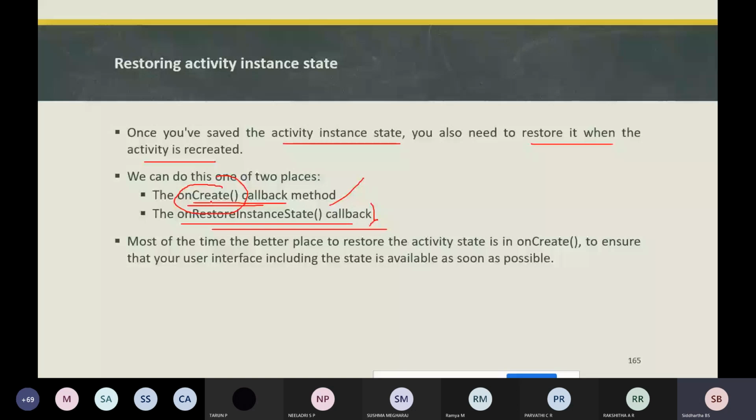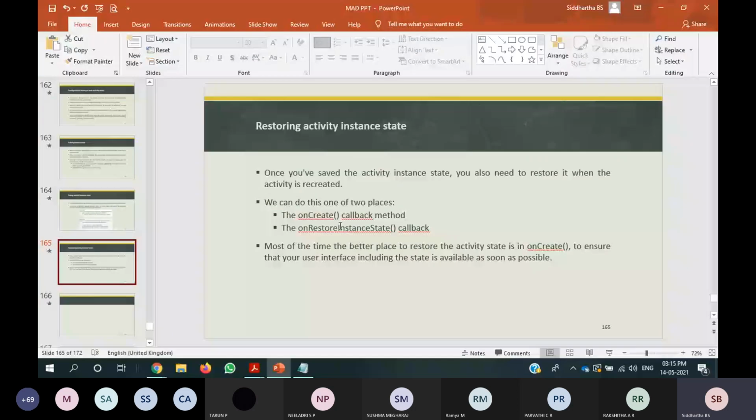So this is how you are going to restore the activity instance state.